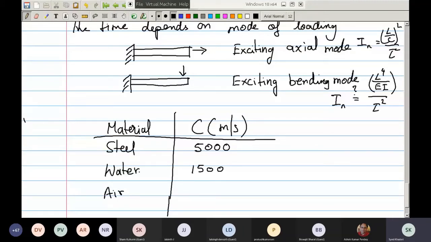You stand near a building, we shout, we get our echo, right? So that is the time taken by the sound wave to go towards the building and come back. Somebody is saying 340 meter per second. Yeah, good. So the wave speed...